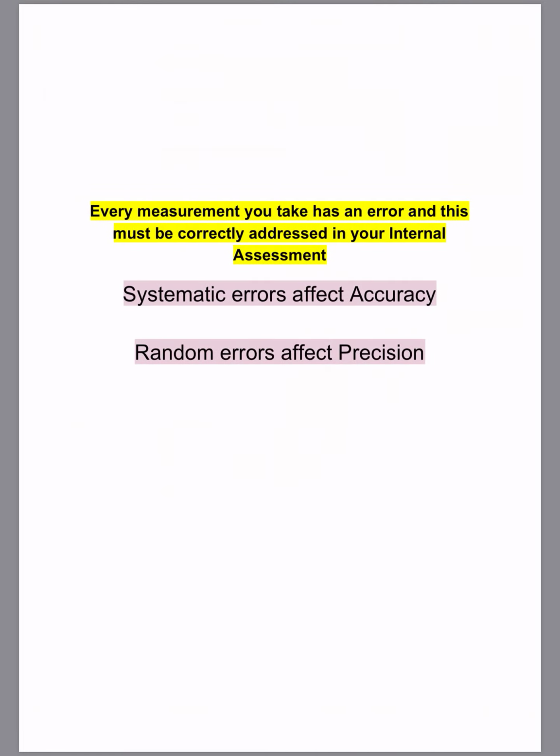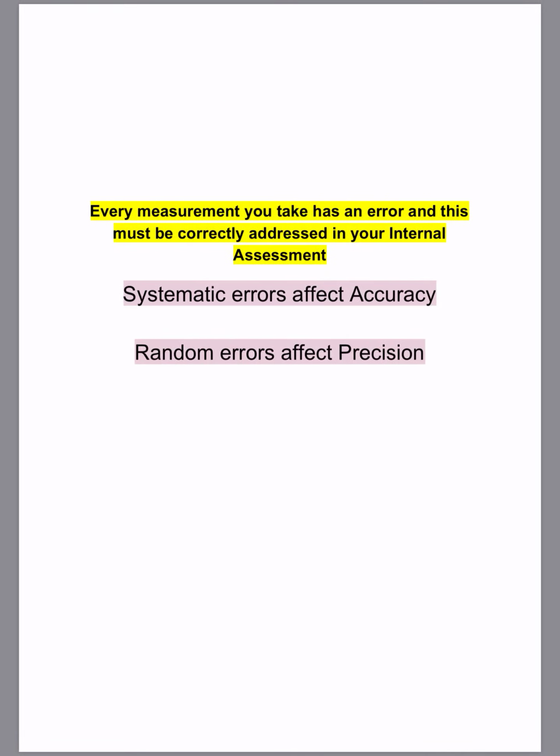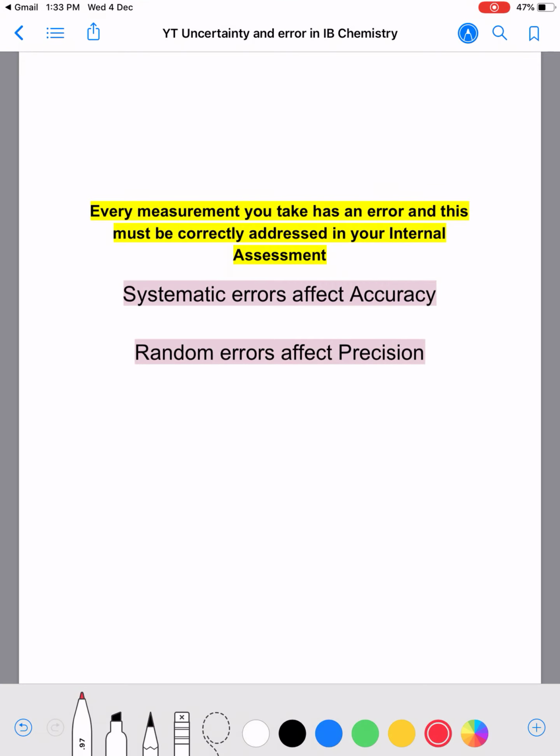So for every measurement that you take, there will be an error associated with it, whether it is equipment related, human related, or method related. Systematic errors, those are the errors which are due to either calibration or consistently poorly cleaned material. We'll come to more of those things in a moment. These will affect the accuracy of your measurements, which I'm about to go through in a second. So systematic errors, you cannot